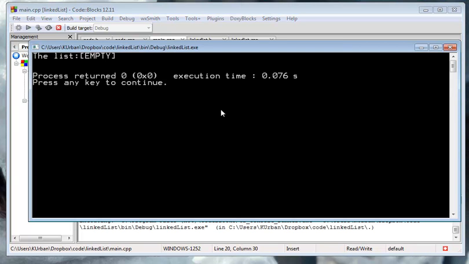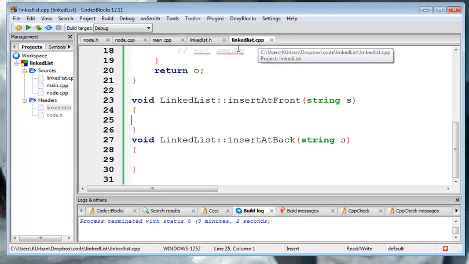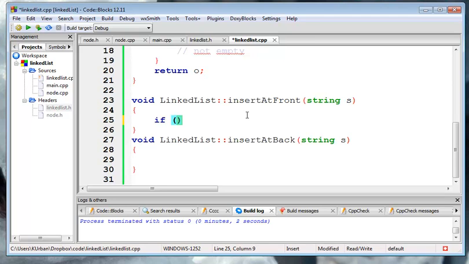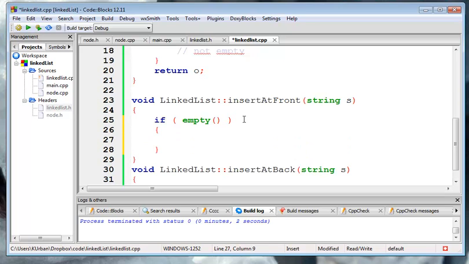Okay, we compile. We don't work, but we compile. So I have all the pieces together. Now, insertAtFront. All right, the first thing we need to do is check to see if the list is empty. If empty, right? This is inside the linked list class, so empty calls the empty function on the current string. So if it's empty,